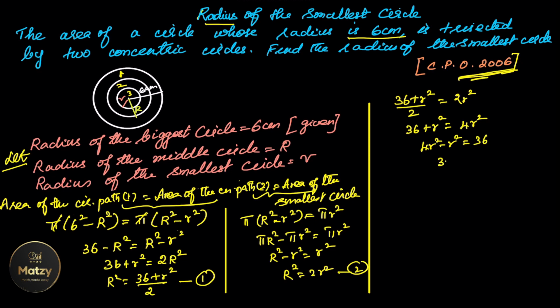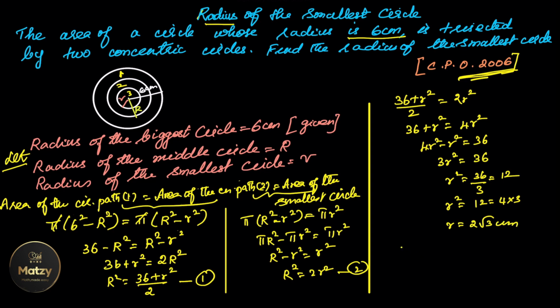So 3 into small r square is equal to 36. Small r square is equal to 36 by 3. That is 12. So small r square is equal to 12. So small r is equal to 2 into square root of 3